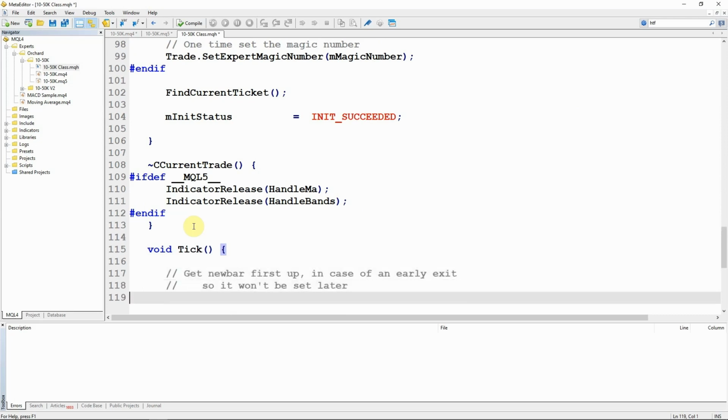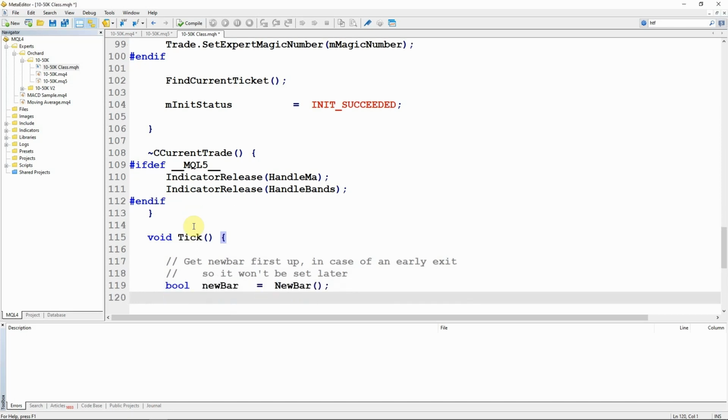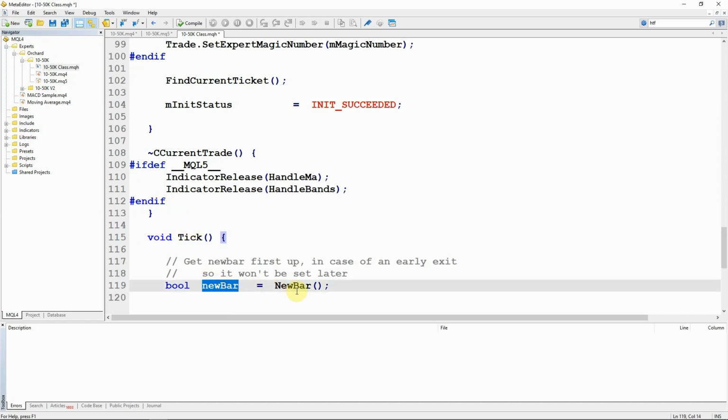First thing I want to do, because I only want to process when there is a new bar. If we're halfway through a bar and all the conditions are met, then it's too late. I really need to only process at the beginning. I have a new bar function, which we'll see soon, and I'm capturing the value of this with this bool newBar. I'm capturing that now and calling new bar at the beginning because I'm about to do some other things that may cause me to exit this.